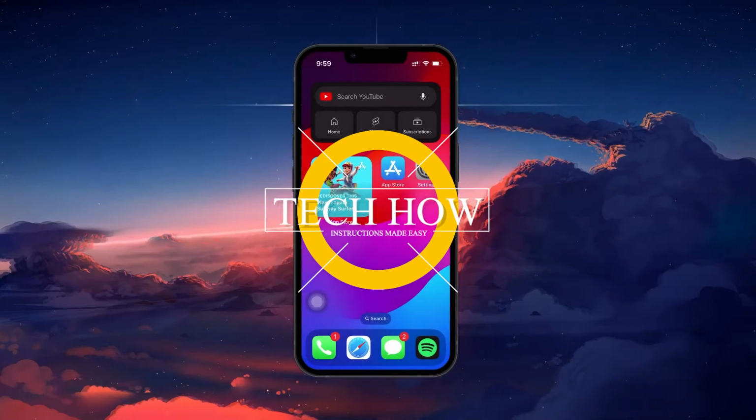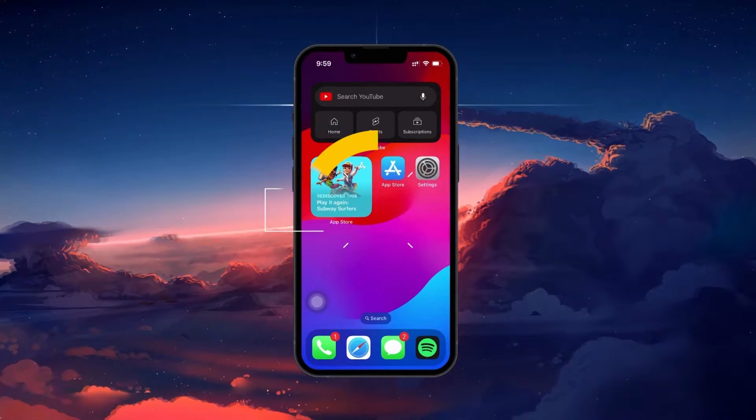What's up guys? In this tutorial, I will show you how to add a contact widget to your iPhone's home